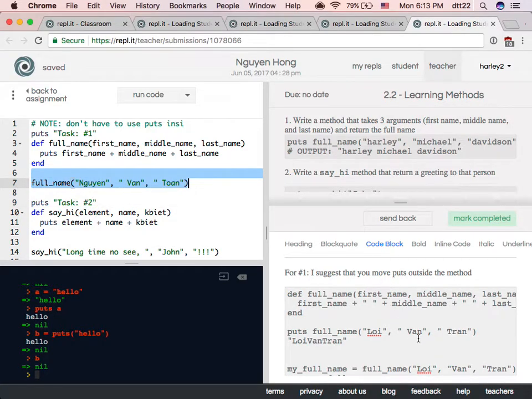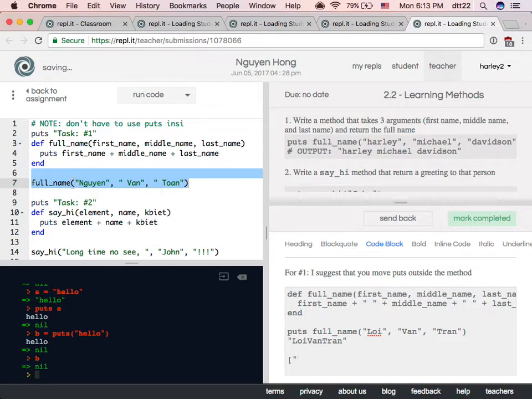But what if sometimes people give you this? Because you may ask the user, what's your first name? What's your second name? What's your middle name? And what's your last name? Right? And then you will say, your full name is, and then you have to add the space for them. Right? What is another way to do it?